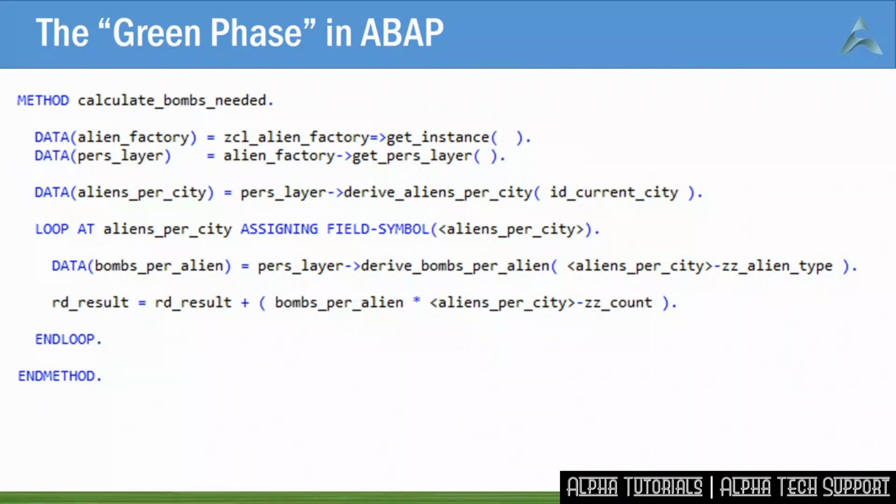Here we have the coding of the production code. The idea is to keep writing small pieces of code until the tests pass. As you can see here, we're using the factory to get the persistency layer helper class. In production, the real class will be used. In a test, the test double will be used. If you just code the calls to the database tables, nothing will happen. You need the calculation. So write one line of code at a time until you get to the stage where everything passes.